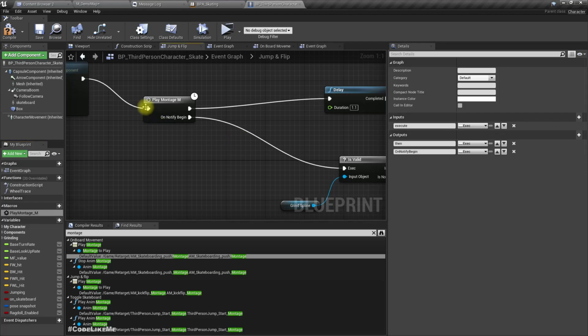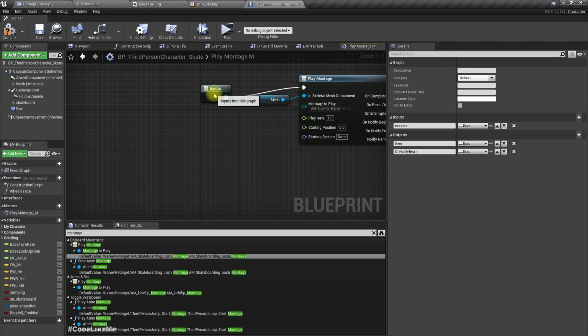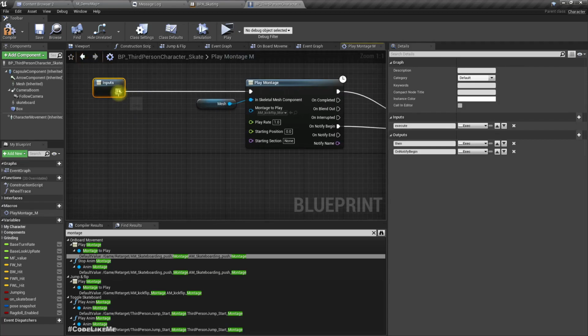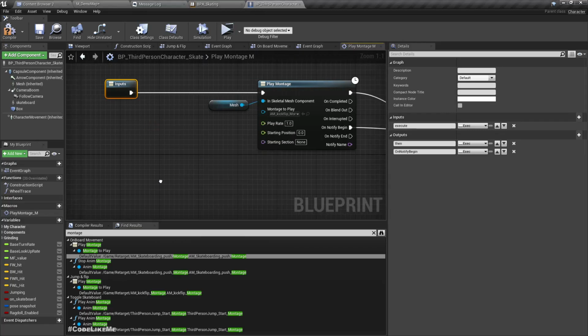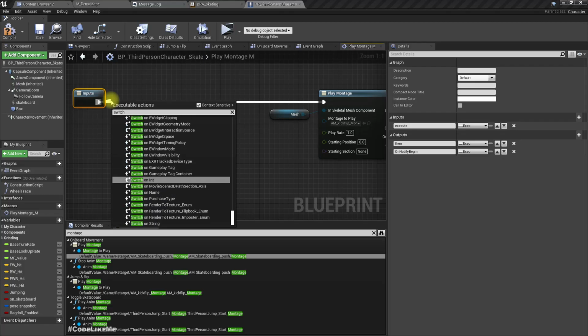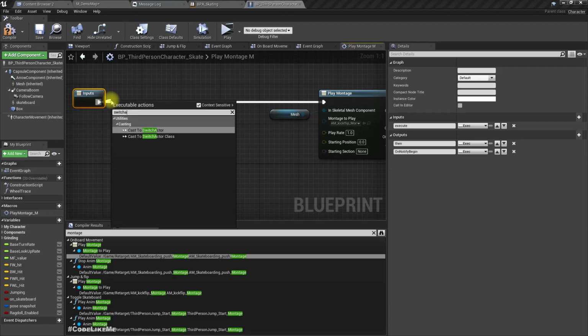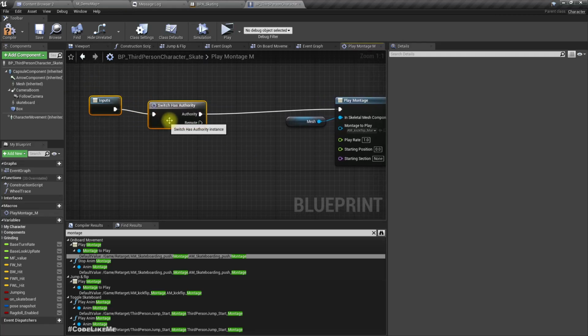Play montage M. Right, now here I can call play anim montage. No, we need to check if we are the server or a client, so we can use this switch. Has authority. Switch has authority. So authority means we are in the server, remote means we are in a client. If we are in the server,